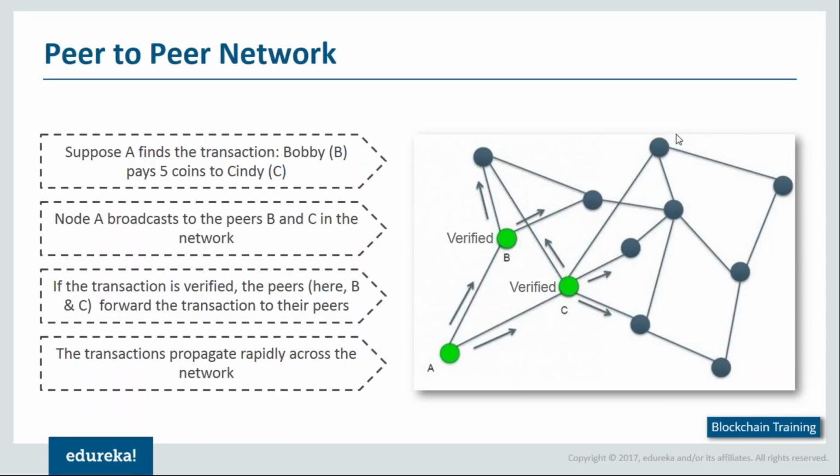Okay, so let me take an example here itself. Let's say as part of the propagation, one of the nodes, in this case this node, I'll call it D and I'll call him Dave. Dave gets the signal that Bobby has transferred 5 bitcoins to Cindy. Now he'll try to modify this. He'll try to make it such that instead of Cindy, it should go to him. That is, 5 bitcoins have to be transmitted to Dave instead of Cindy.